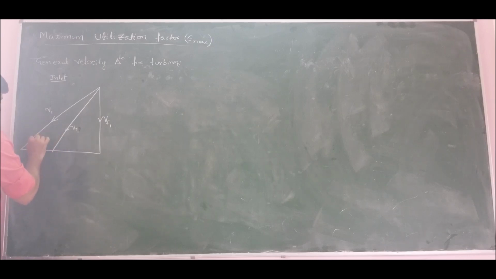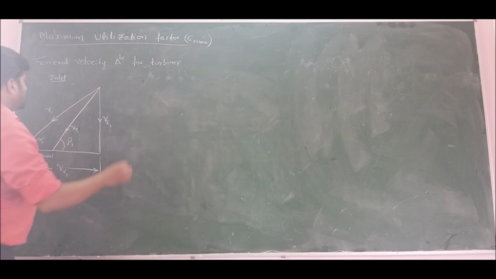The absolute velocity of the working fluid makes an angle of alpha 1, which is the nozzle angle. The relative velocity makes an angle of beta 1, which is nothing but the blade angle at inlet. Absolute velocity is taken as a reference to draw the horizontal components. The horizontal distance between the absolute velocity and the relative velocity is the blade speed, u1, and the distance from V1 to Vf1 is the tangential component of absolute velocity, Vu1.